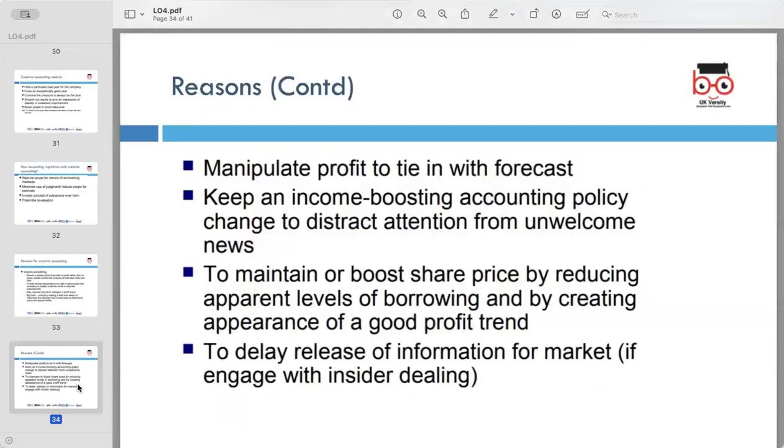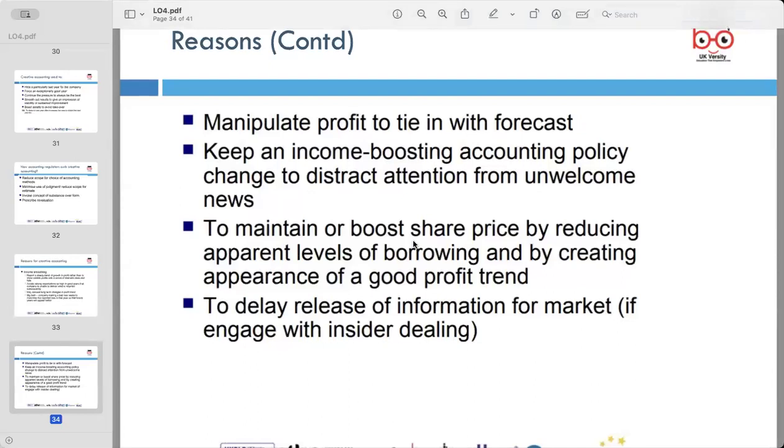Apart from income smoothing, manipulating profit to tie in with forecast: a company may manipulate profit to align with forecast figures, ensuring consistency between reported earnings and market expectations. Distraction from unwelcome news: obviously this affects the business and market. So creative accounting may involve implementing income-boosting accounting policy changes to divert attention from unfavorable